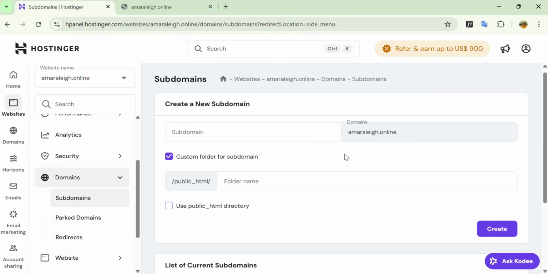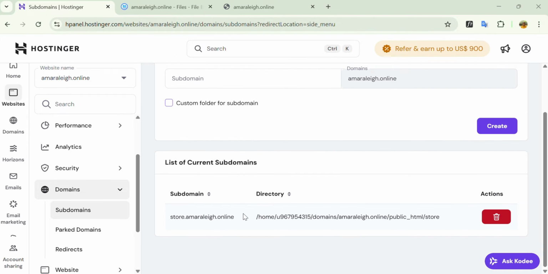So where is this subdomain? We already have our subdomain, which is store.amarali.online. Okay. So there are a number of things that you have to do first. First of all, you have to install WordPress in case you're going to use WordPress to create your website. Okay. So how do you install